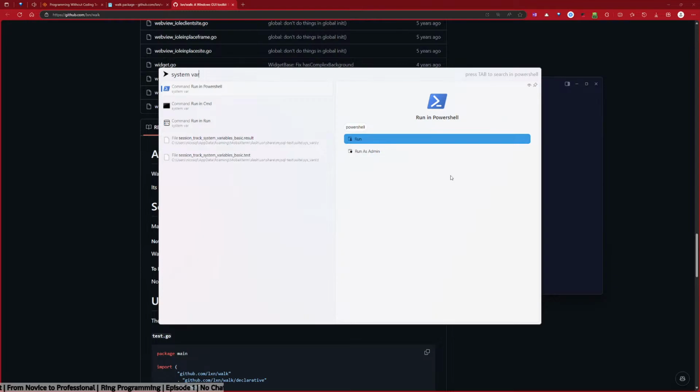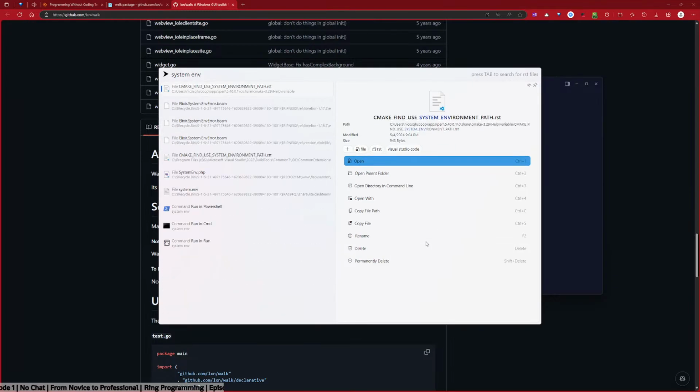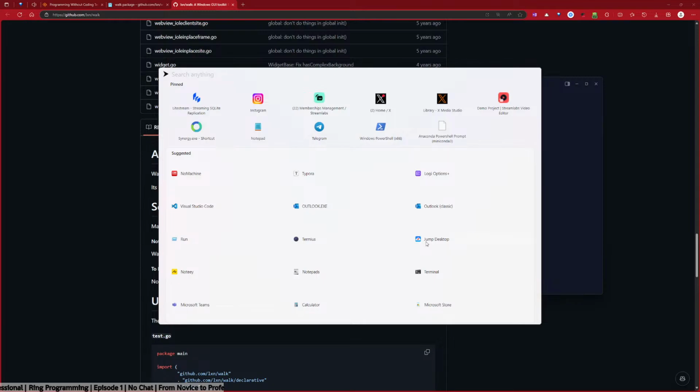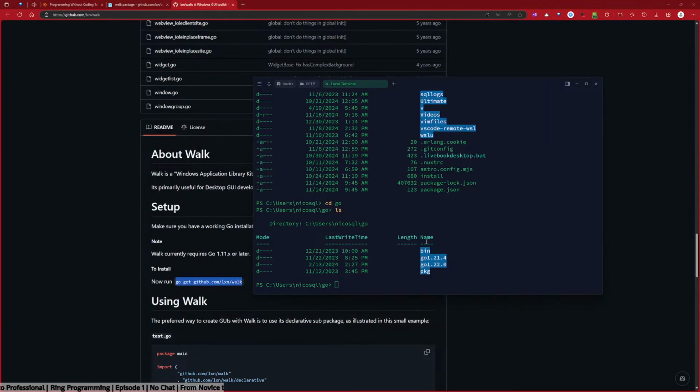I think. I always forget how to do it on Windows. Is it settings? Oh my gosh.